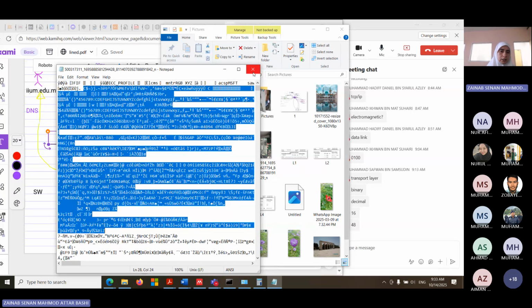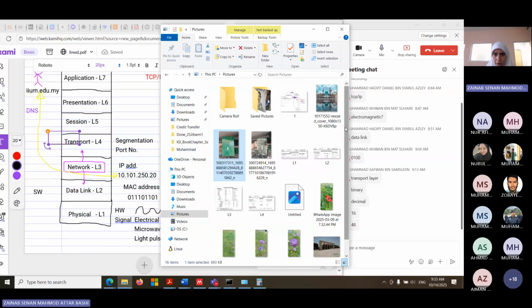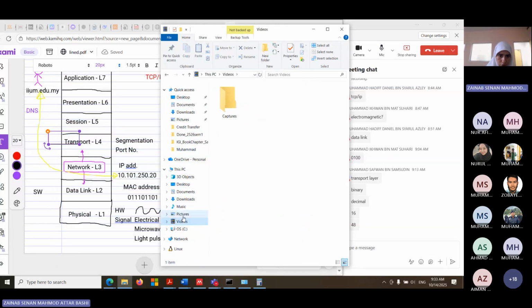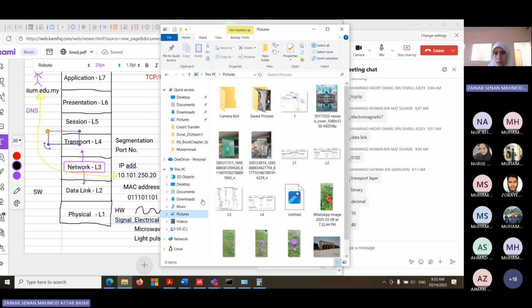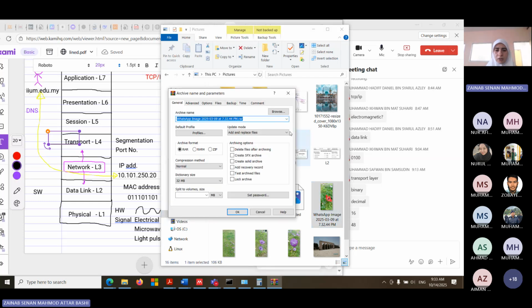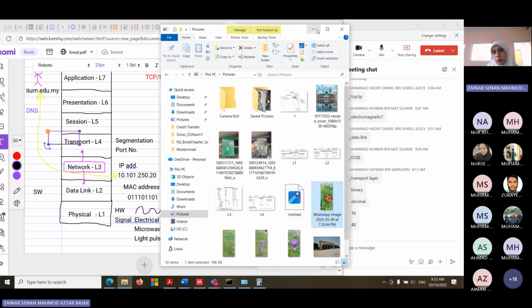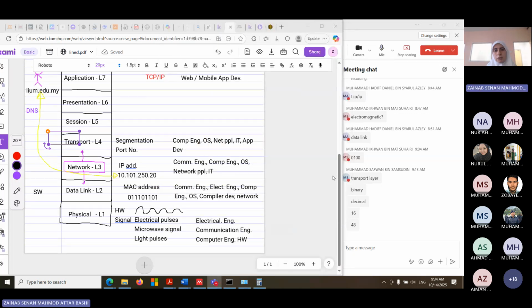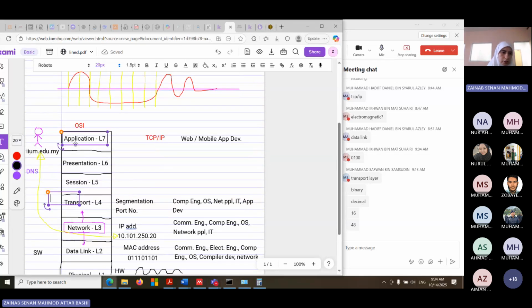So that's simply what the presentation layer does: it deals with the way to present the data. If the data is a video, I'm not sure if I have any video here. I had a video previously. Okay, delete it, never mind. Music, I don't have music, I know that. So in general, try to open any video or any picture with the wrong application or the wrong presentation. You will get the picture there, however it cannot be used simply. Now the application layer, as we said, is HTTP and so on. So these are the layers.